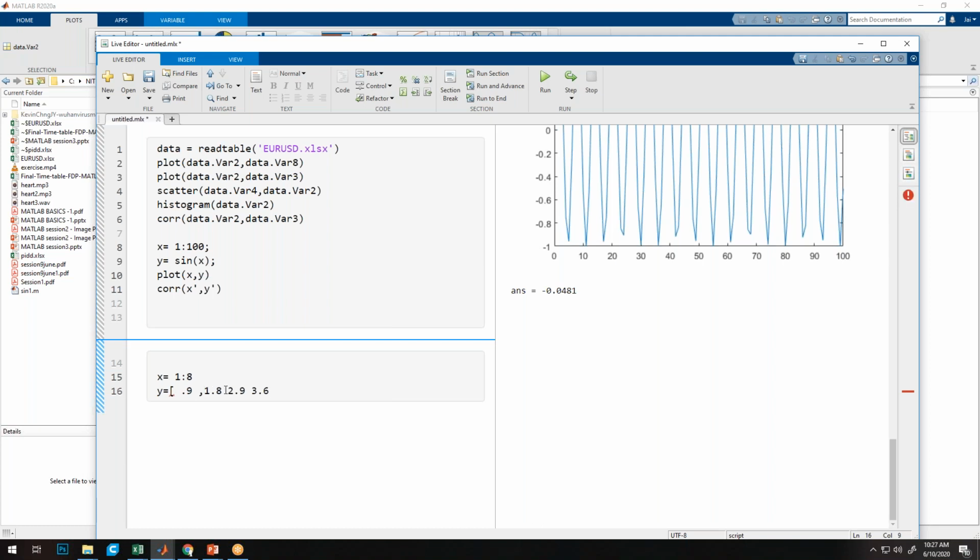Then, without using commas here for the data, 4.5, 5.8, 6.7, 7.6.